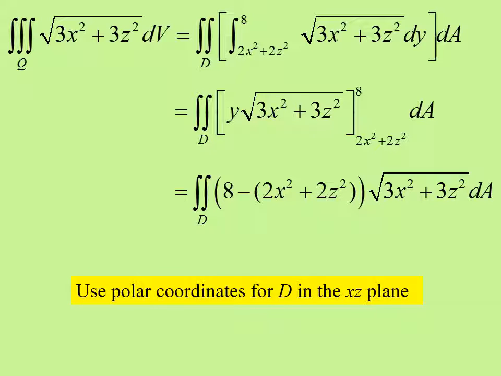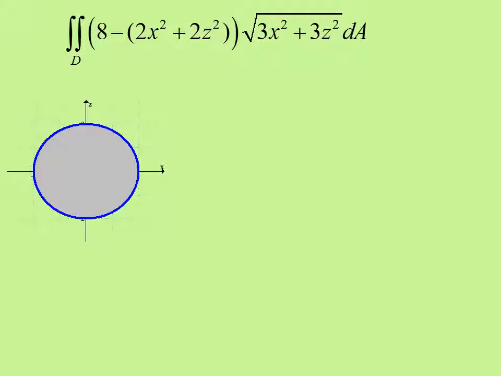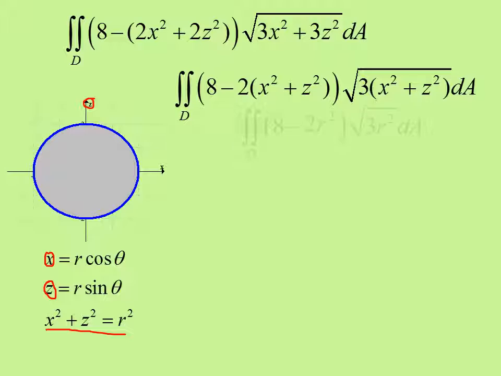And we will now convert that integral and the region into polar coordinates. So I'm going to go ahead and convert the function first into polar coordinates, then worry about the region. And so just remembering that we got x and z and not x and y, that is x equals r cosine theta and z equals r sine theta, and x squared plus z squared equals r squared. So if we substitute those and simplify,